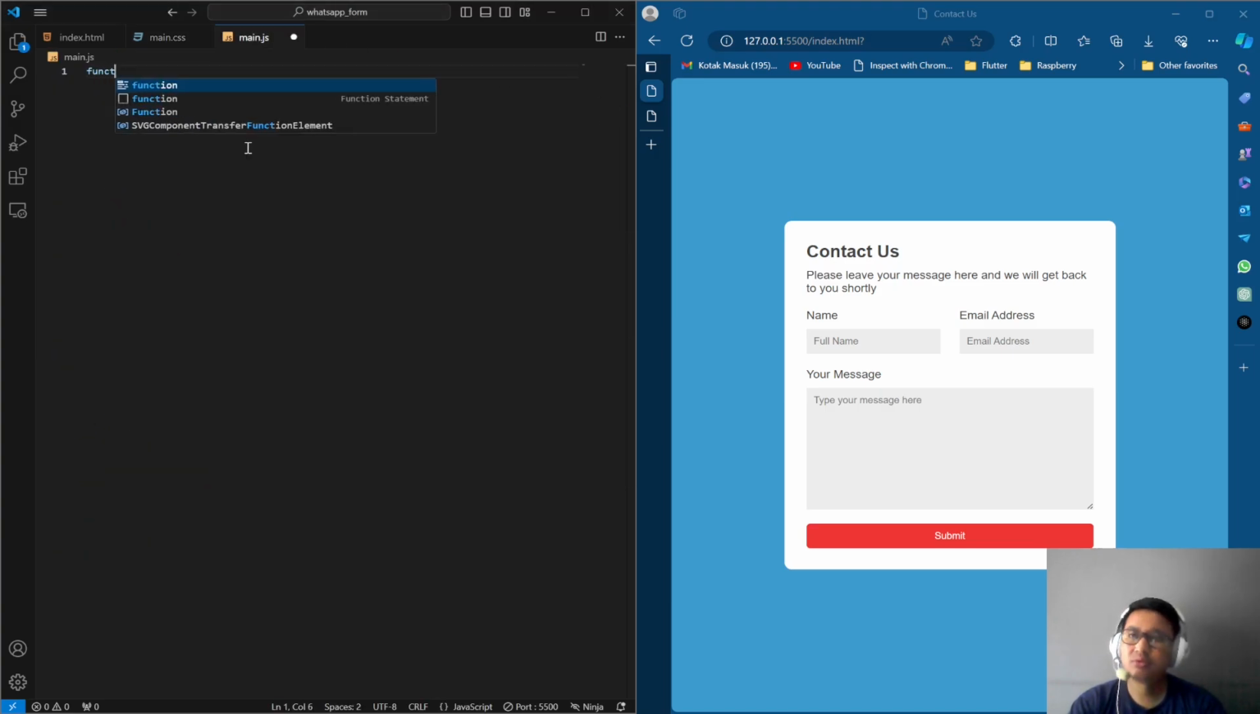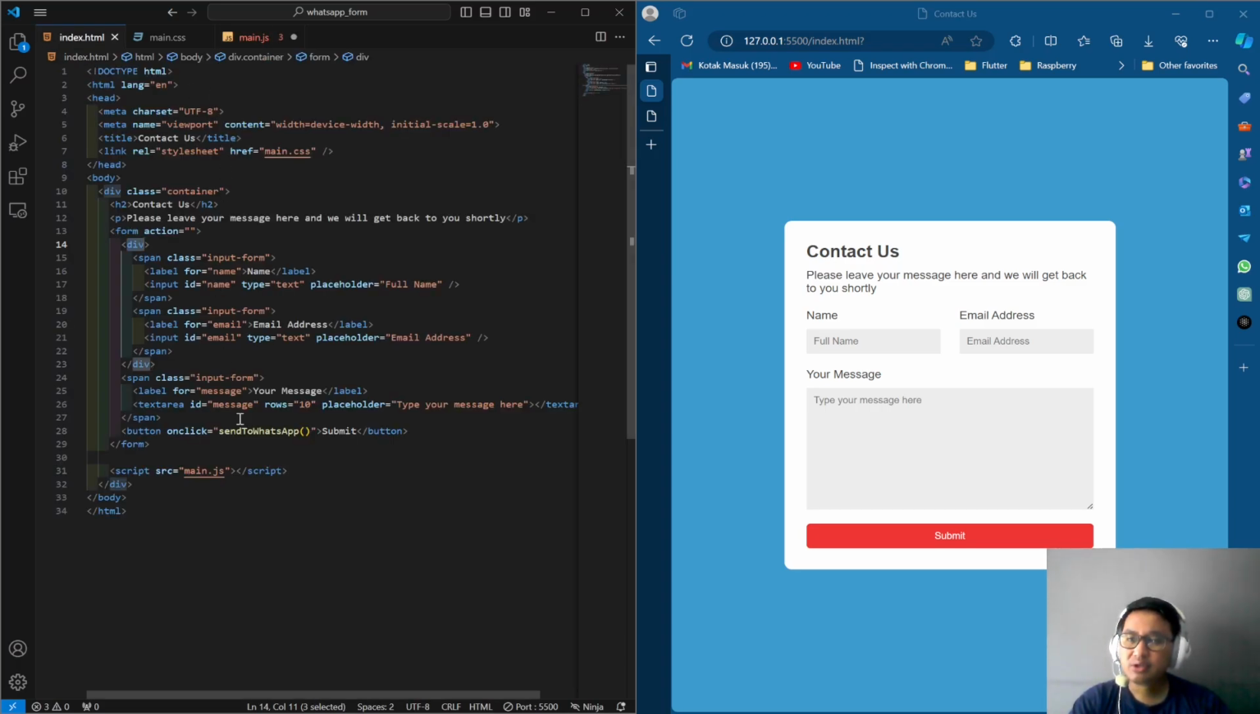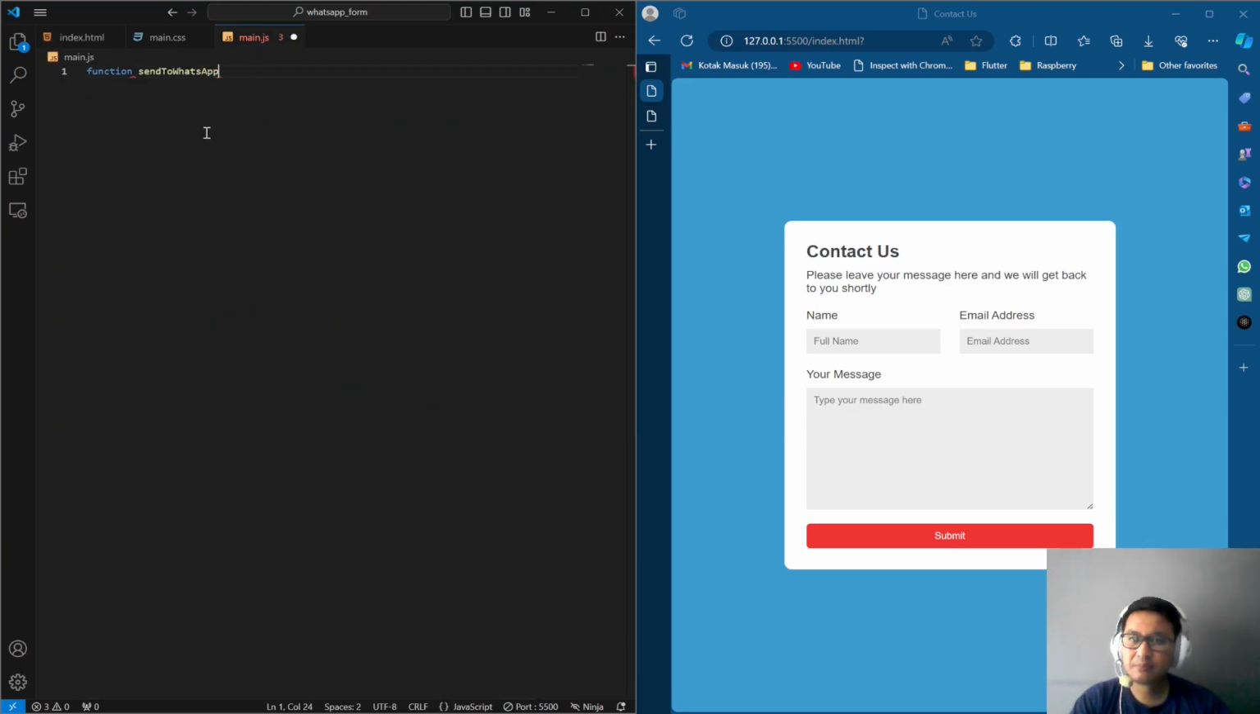main.js. We will create a function called sendToWhatsApp, and let's start with defining the number that we want to send. For the example, 628912345678,